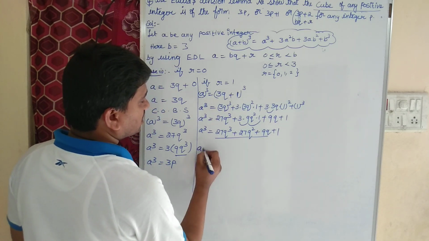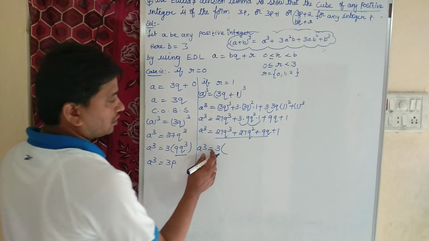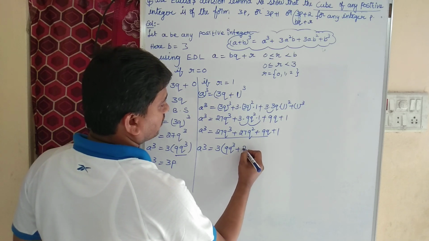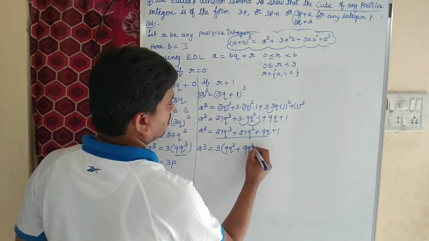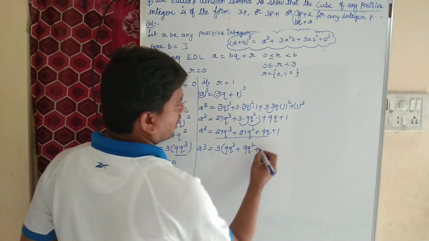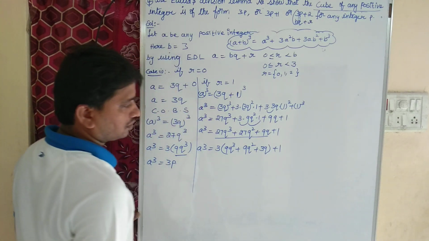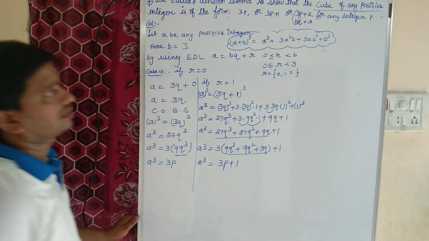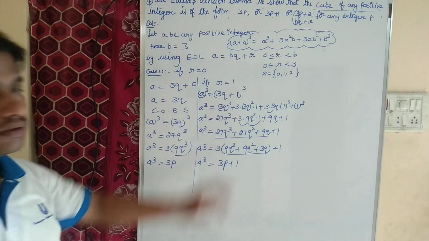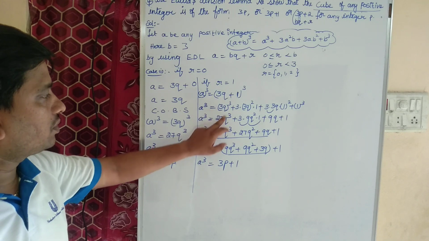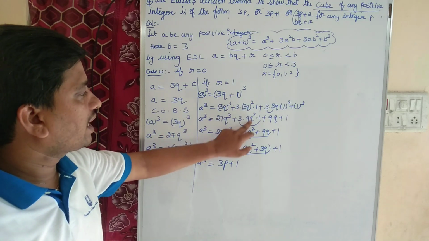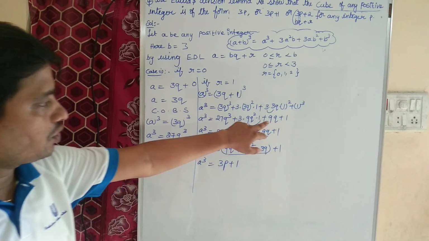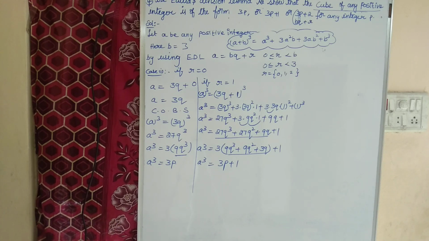Among these three terms, I can take 3 as common. 3 9s are 27. Again here also 3 9s are 27. And 3 3s are 9 plus 1. Now I can consider this as p plus 1. See, we got 3p plus 1 if r equal to 1. Children, 3 cube, 27q cube, 3 into 3 square 9, q square 1. 3 3s are 9q, 1 square is nothing but 1 only, 9q into 1, 9. 1 cube is nothing but 1. And then we took 3 common.